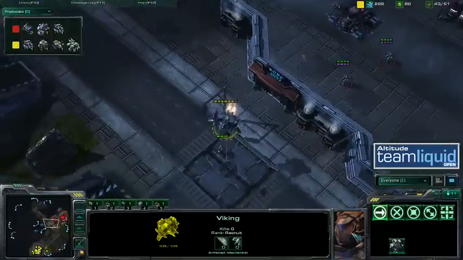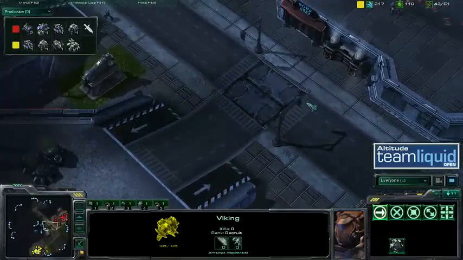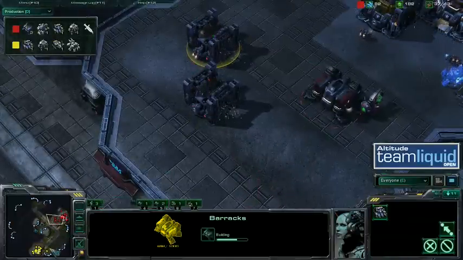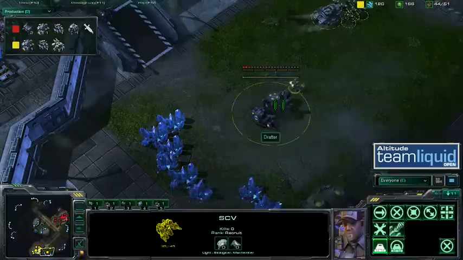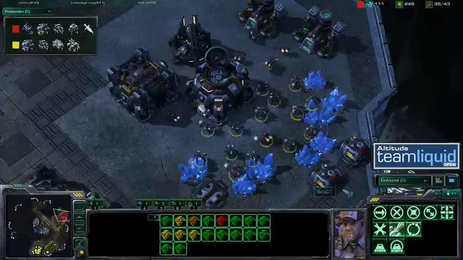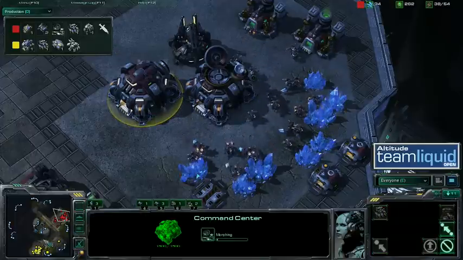Now, following up with the Viking Scout, he wants to make sure that he knows exactly what's going on. Sees the 3 ghosts and the 2 barracks following up, and the command center is almost complete for Select. Looks like Drafter this time is expanding a little bit later. In the first game, I believe Drafter had his expansion up first. In this game, he's going a little bit later, but he's getting siege mode and pushing up the right side